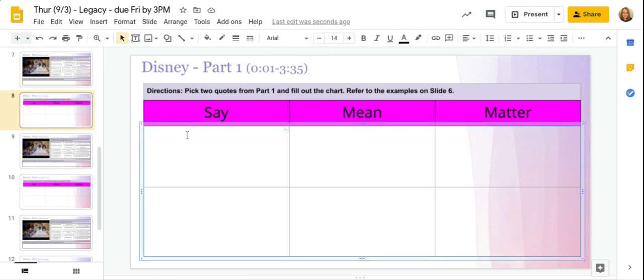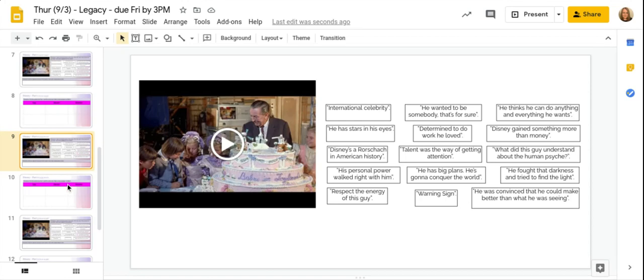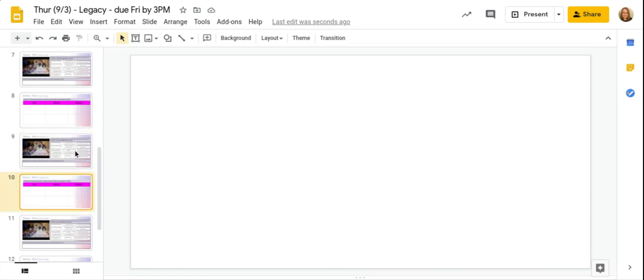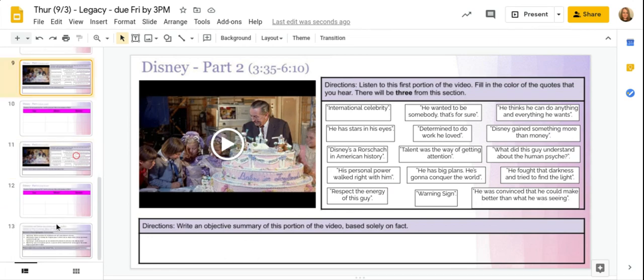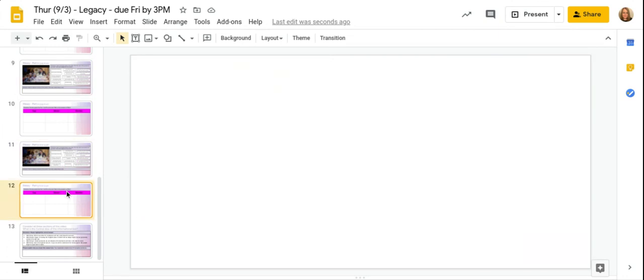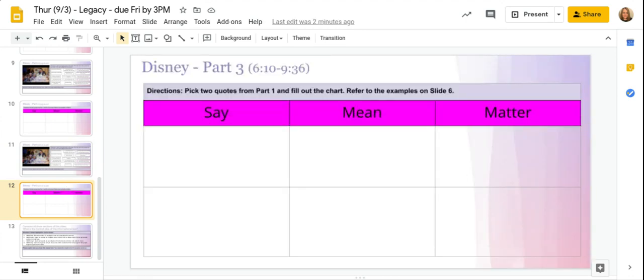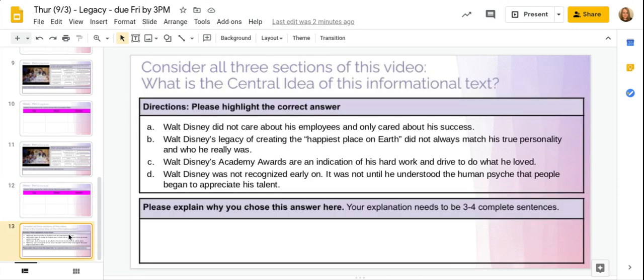And there might be a little bit of a lag like you see when you click on it. So wait until your cursor's flashing. Okay? So anyway, then here's part 2 on the next slide. Same thing with the chart after you do all that stuff. And it didn't show up because I went too fast, but here's an objective summary. And then one more for you here. Part 3. With that, okay, with another chart. Last but not least,